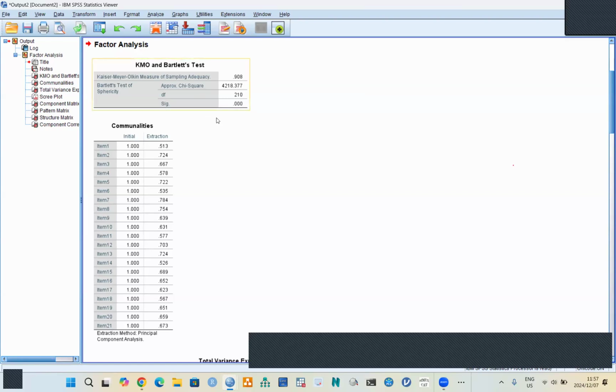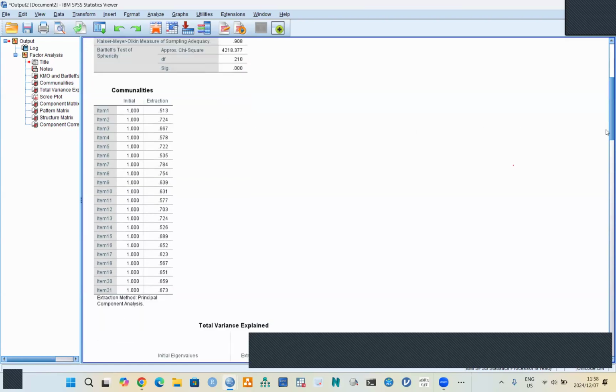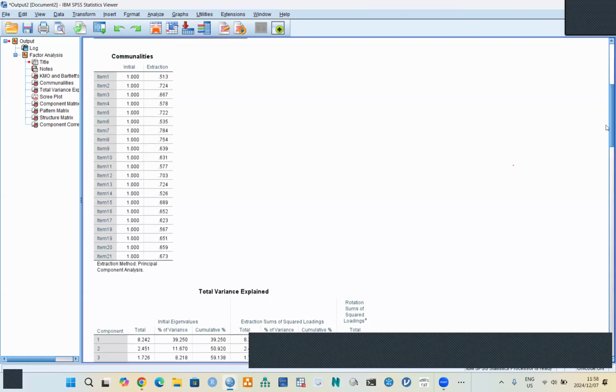So that is the interpretation of the KMO and Bartlett test of sphericity. Now you have communality. Communality is another index that you need to look at when you are doing factor analysis. First and foremost, when you look at the extraction based on each of the items here,